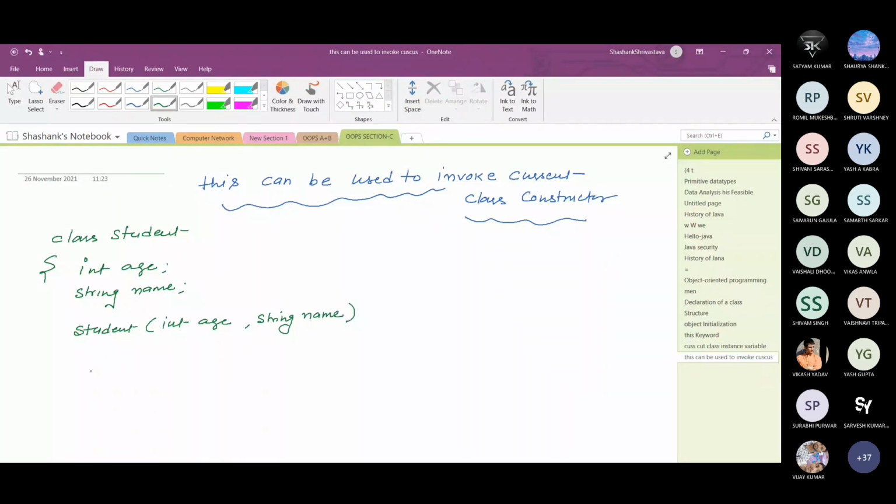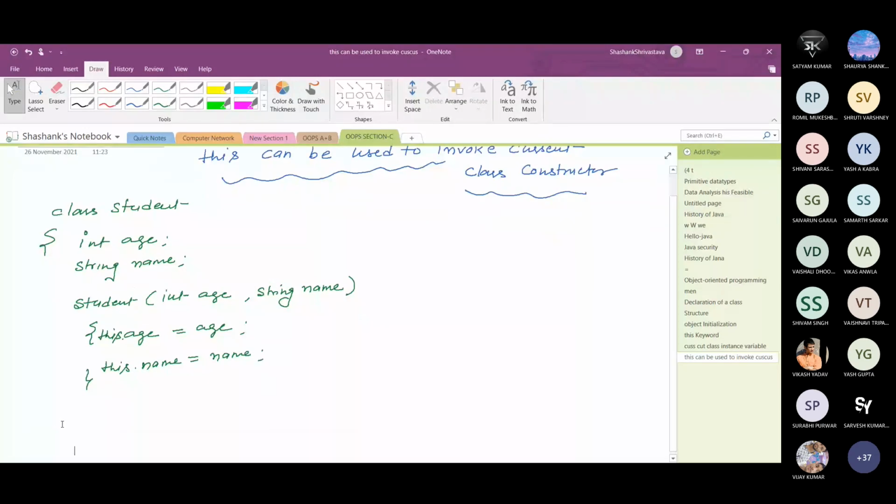And here age equal to age, sorry, this dot age. In order to distinguish this dot age equal to age and this dot name, because both variable names are the same, we need to put the this keyword here. So this is the constructor.